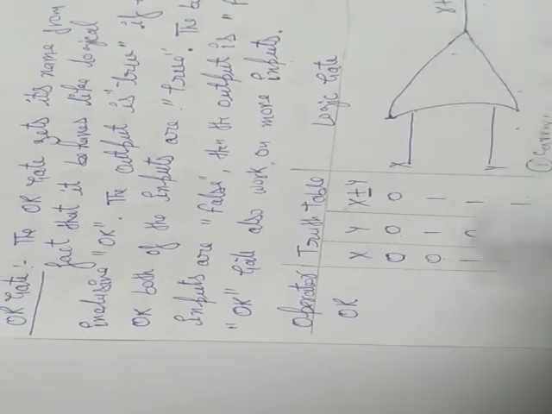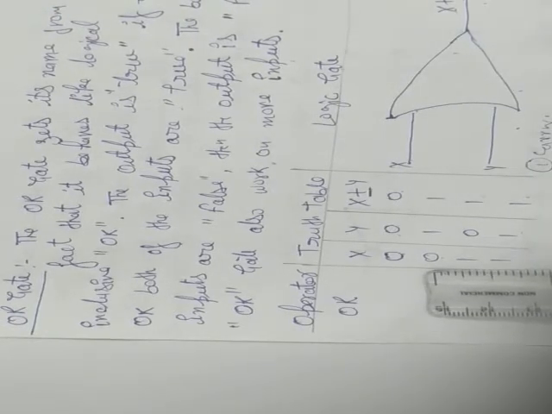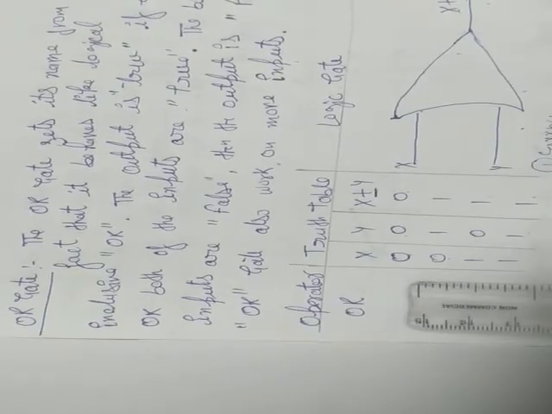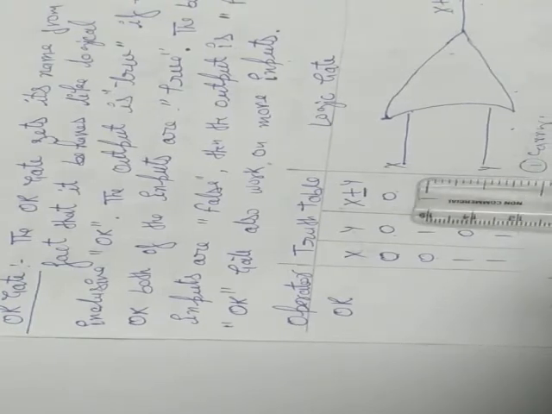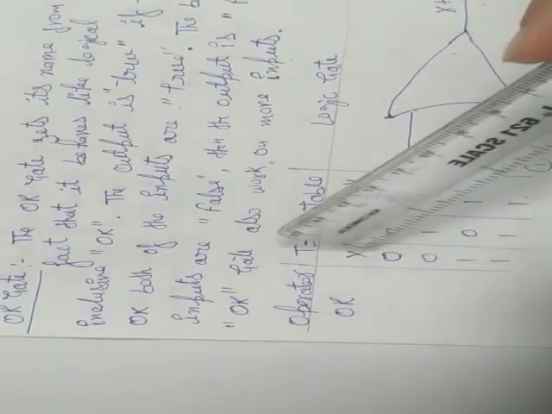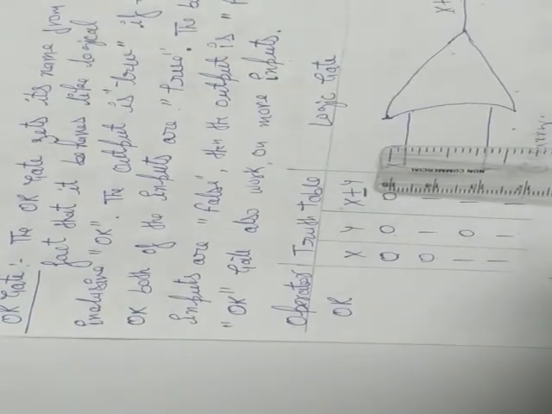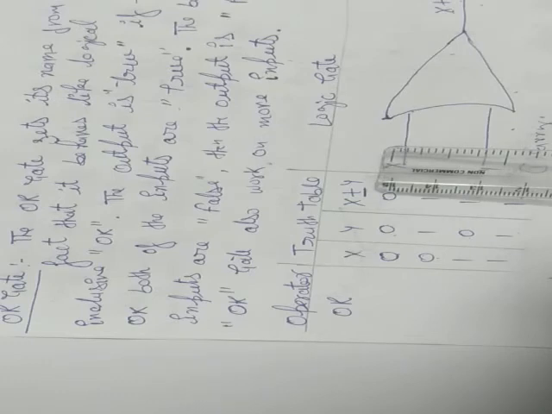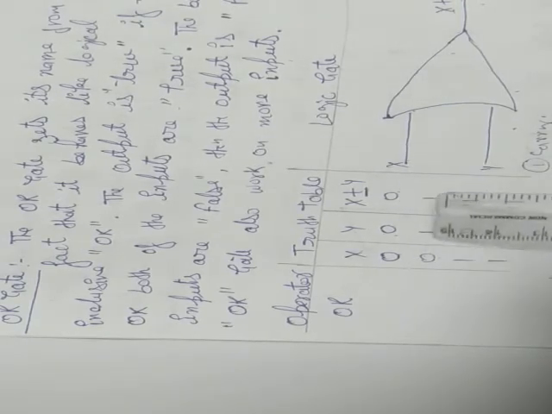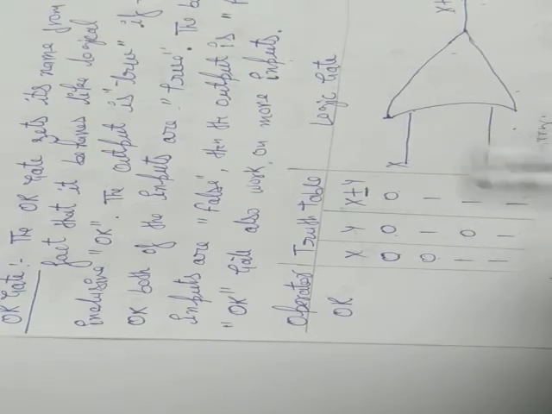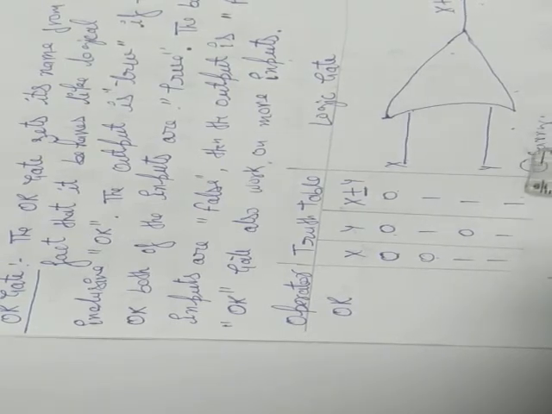And this is the table of the OR operator or logic gate. It also works on two variables, and this is the truth table of the OR logic gate. The format is the same in x and y. We have two variables, so we have four rows. Here we are using the mathematical addition sign. 0 plus 0 is 0, 0 plus 1 is 1, 1 plus 0 is 1, 1 plus 1 is 1, and one number is carry.